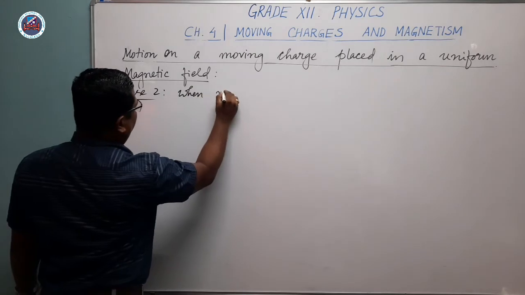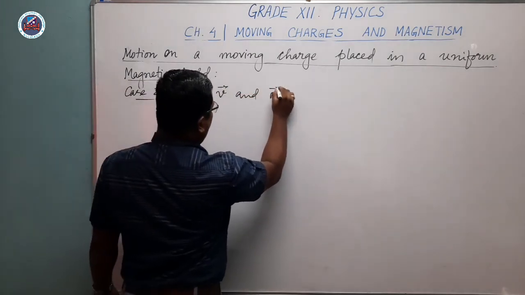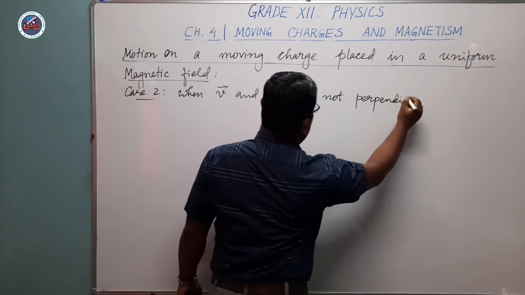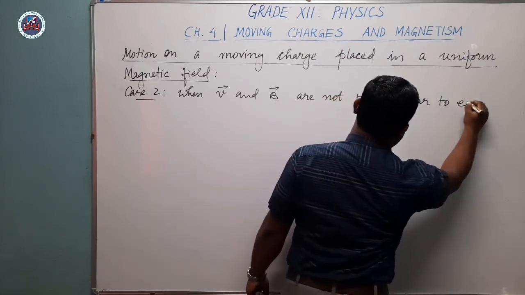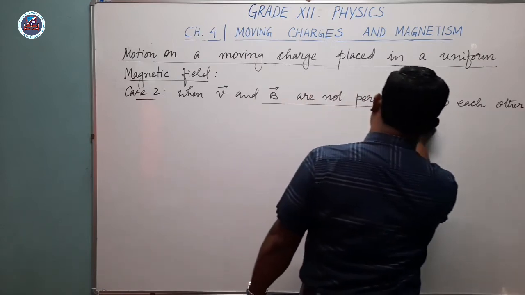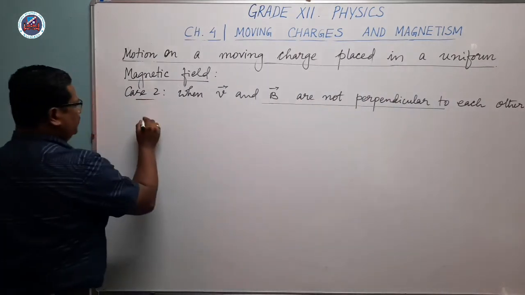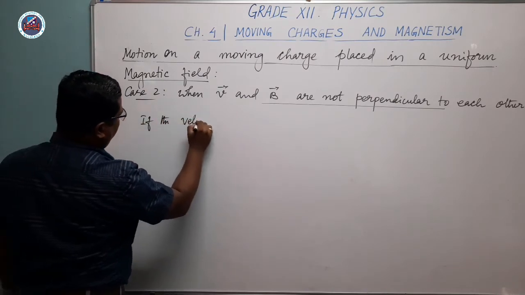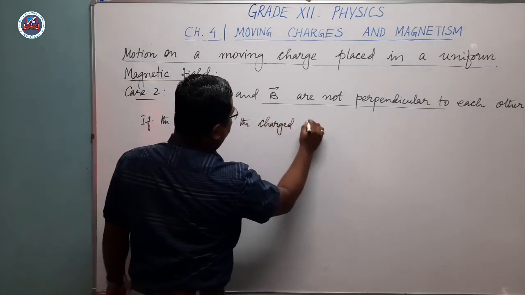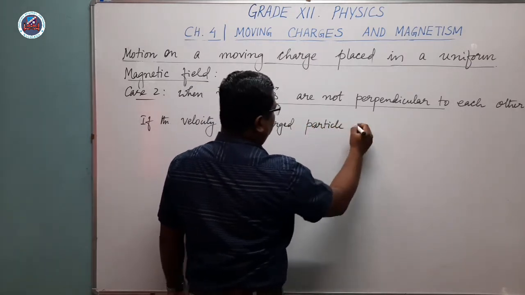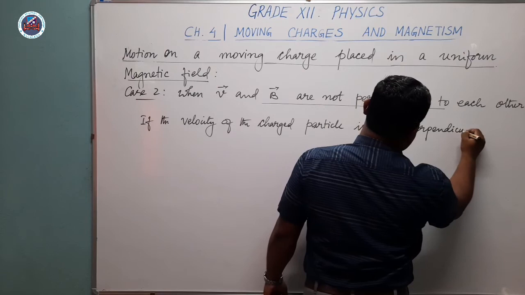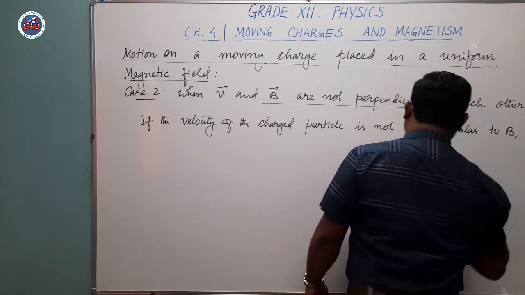When V and B are not perpendicular to each other, if the velocity of the charged particle is not perpendicular to B, then